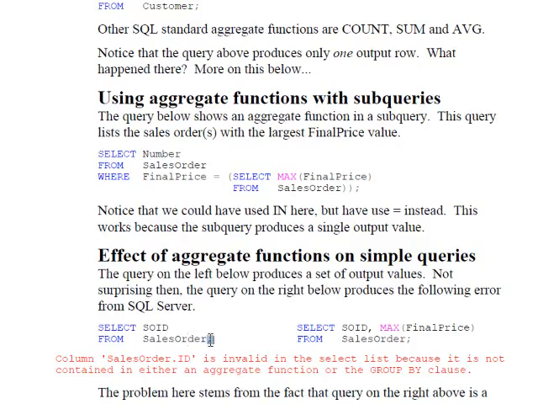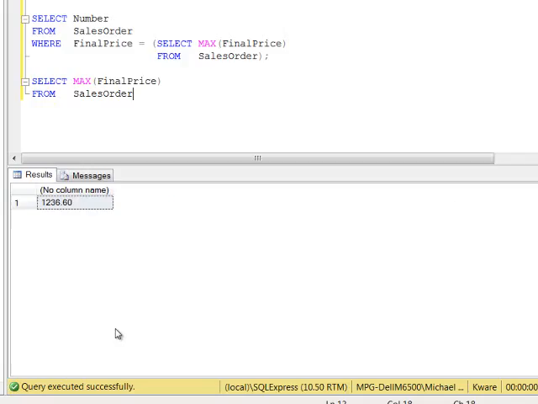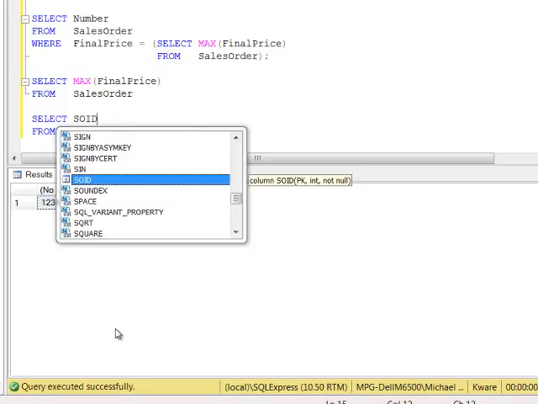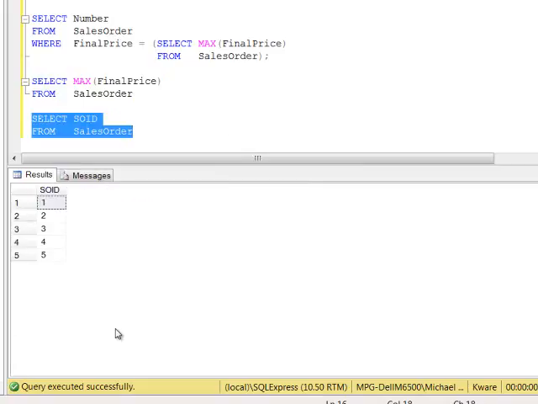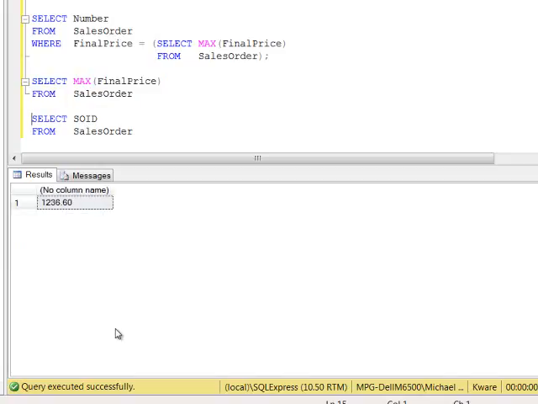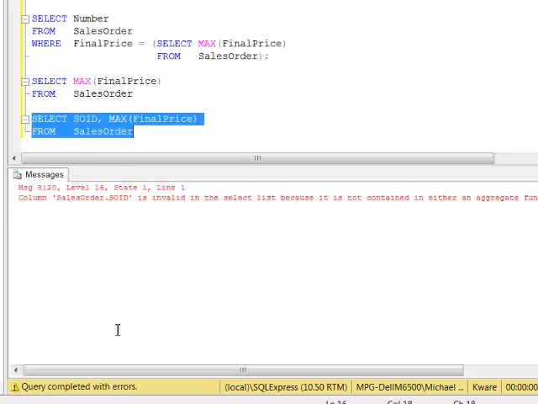And as you know, this query here, which, I think it might be easier to do it this way, this query here produces more than one output row, produces a set of outputs. Given that mismatch, one output row, more than one output row, it's probably not surprising then that when we try and mix these two queries together,